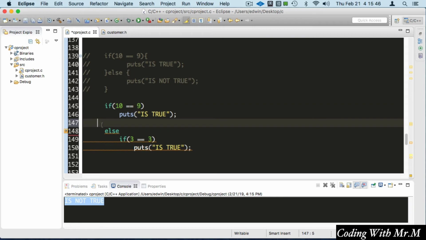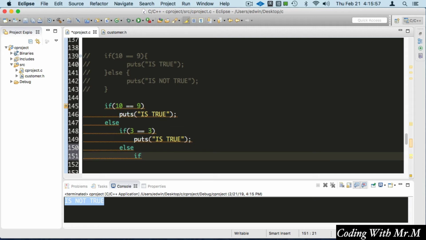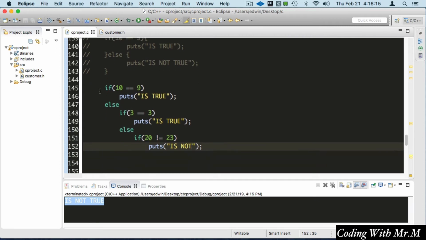Well, let's just do this here. There we go. That is more like it. Okay, and then we can have another else here and another if, and we can just say if 20 or whatever it's not equal, that will. Okay, something like that. And you can see that we can build more complex stuff, and the code looks really